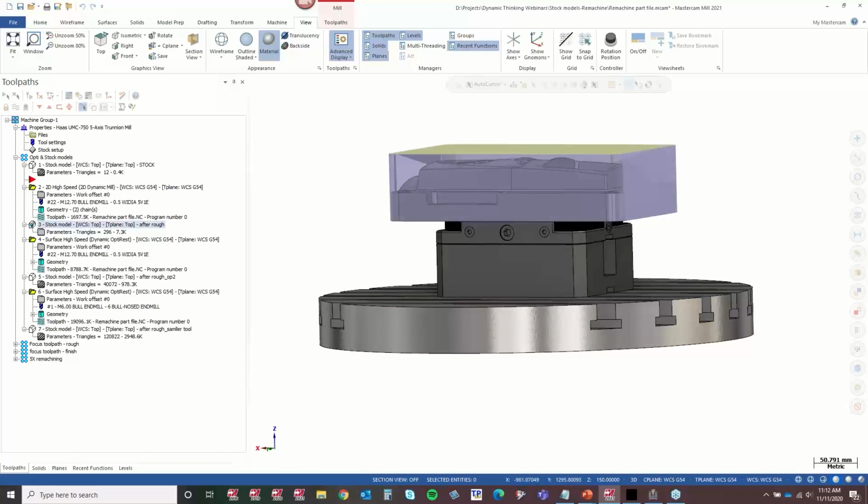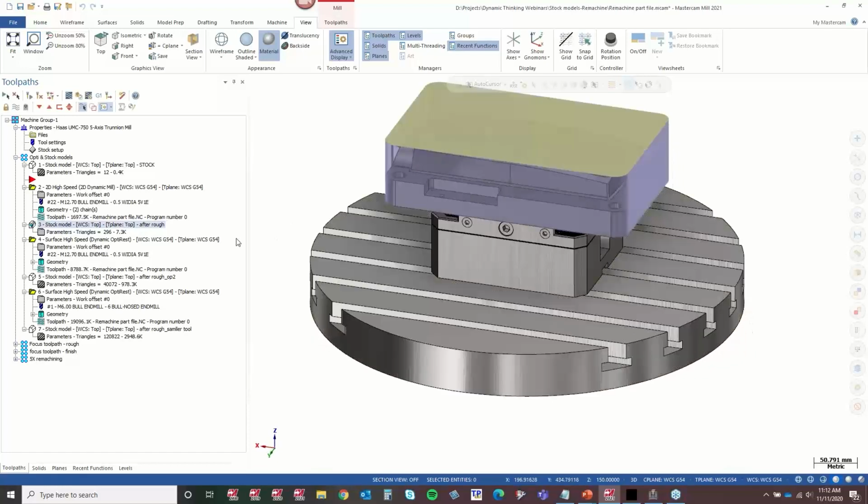So I got a question here to give examples of tolerances in inches. In inches, it would be a similar scenario, right? If I had a 1/2 inch tool and I'm leaving 100 thousandths on the part, it's not important that I calculate that stock model out to 0.001, to a thou. That's overkill, right? I've been known in an inch file, roughing with a 1/2 inch tool, to leave a tolerance of 0.1 inches, 100 thousandths, if I'm leaving more than 100 thousandths on the part for my initial roughing operations.